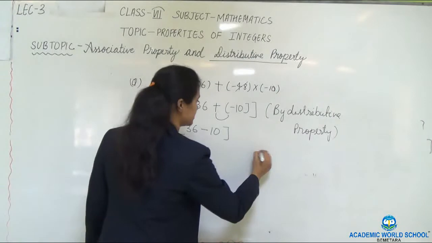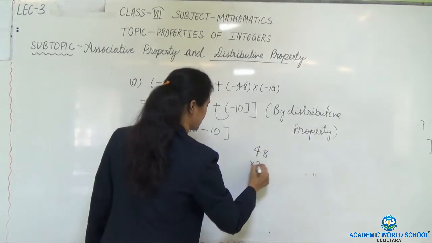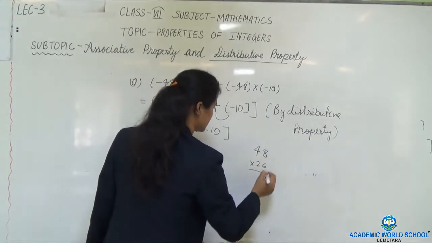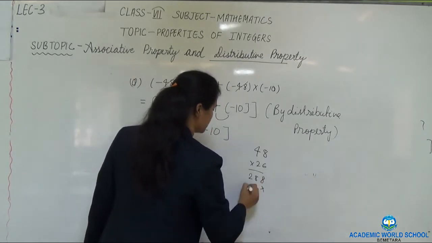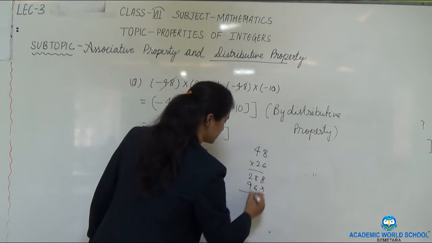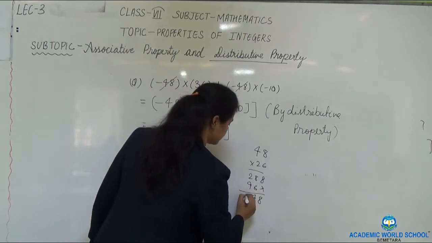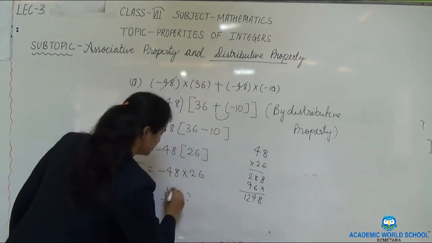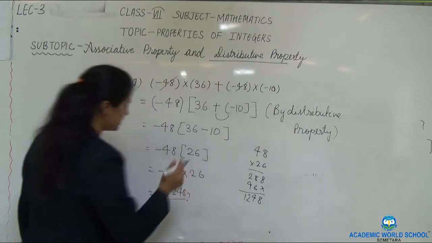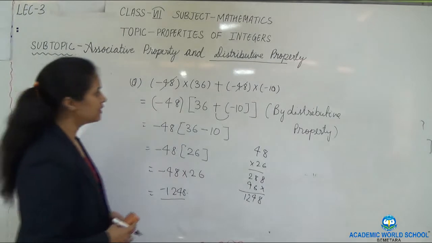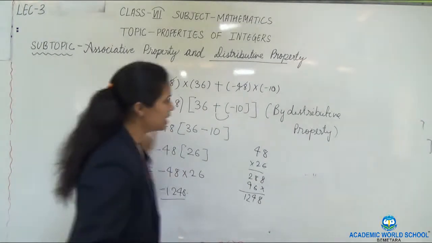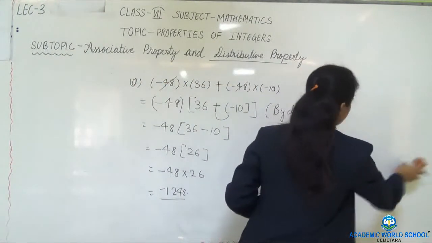Simply multiply it. I got 1248, and plus into minus is my answer, my negative answer. So this is the way where we use distributive property. Coming up to next question,